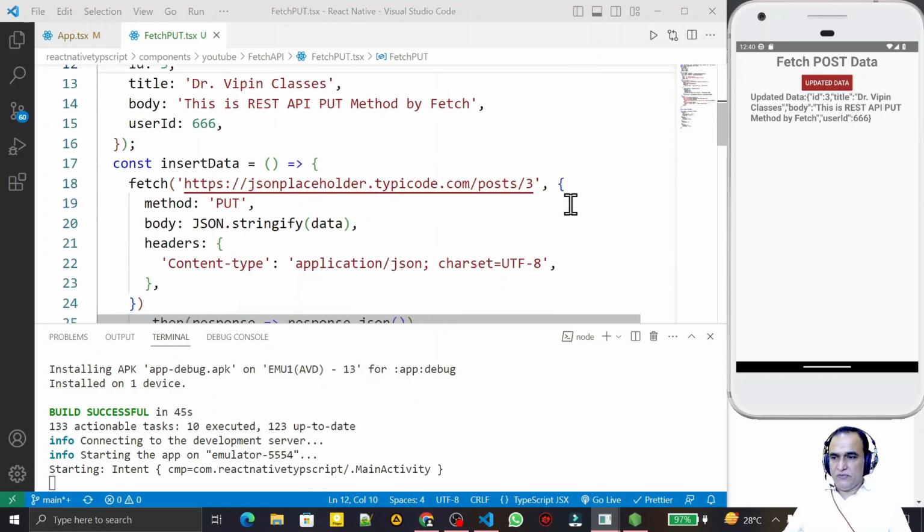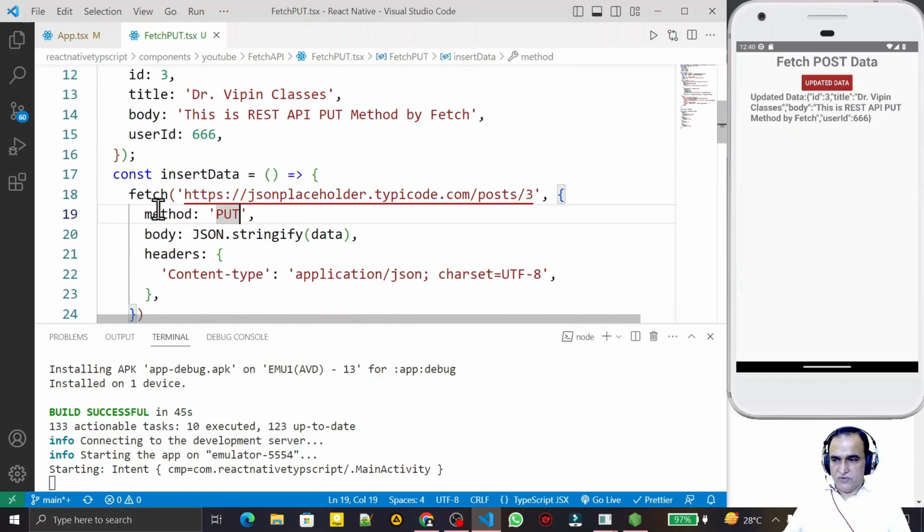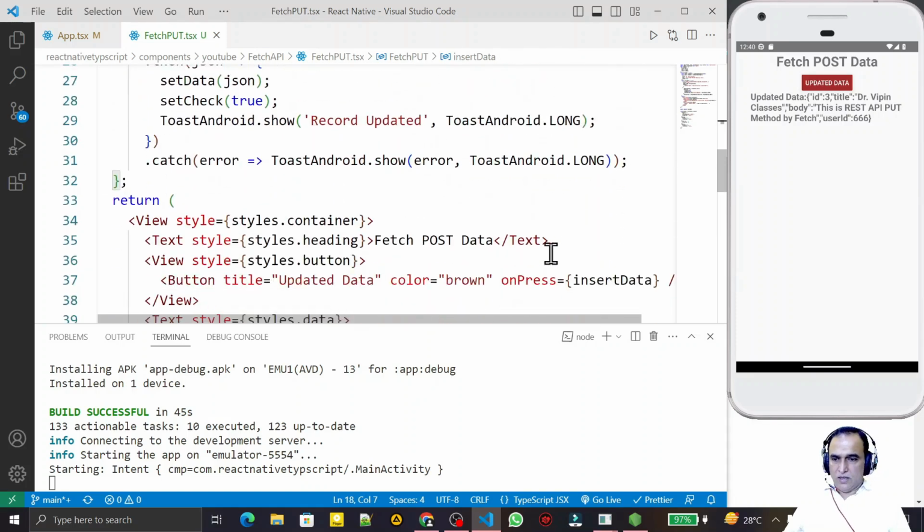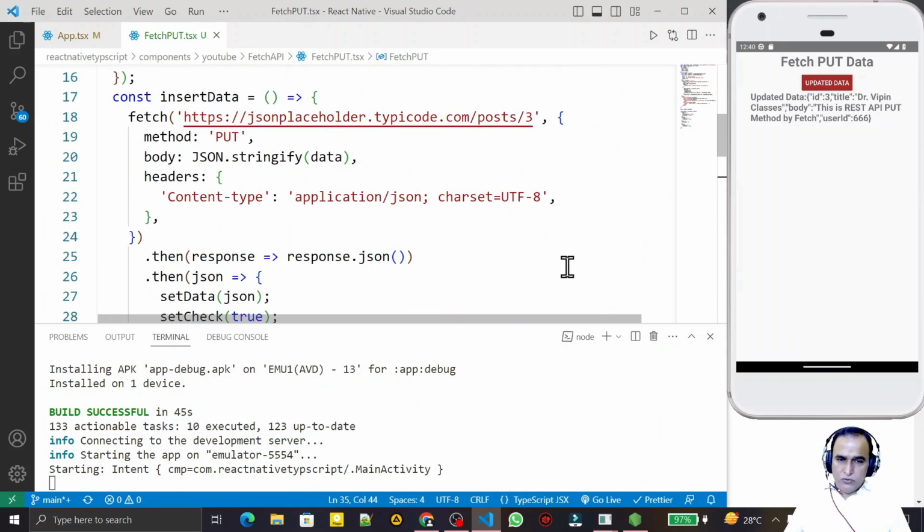So like this way we can run the put method also. We can update the information by using the fetch function here in React Native with TypeScript, and here I can also use the put function, not post, like this. If you understand how to use the put function for updating your records using the fetch function in React Native with TypeScript,